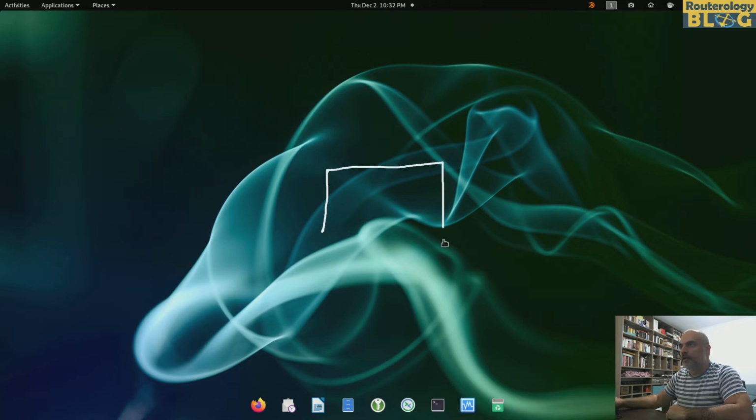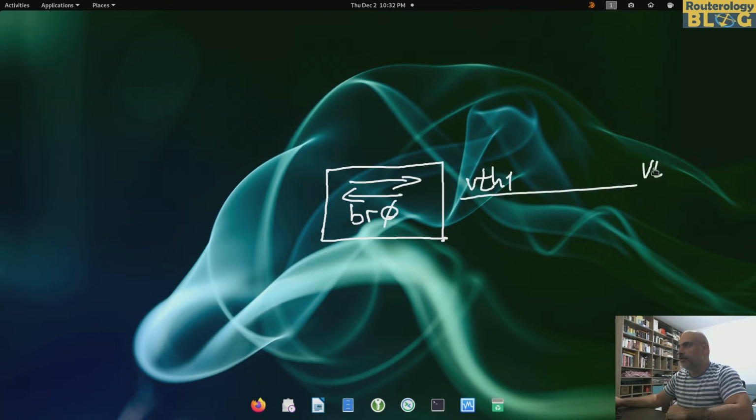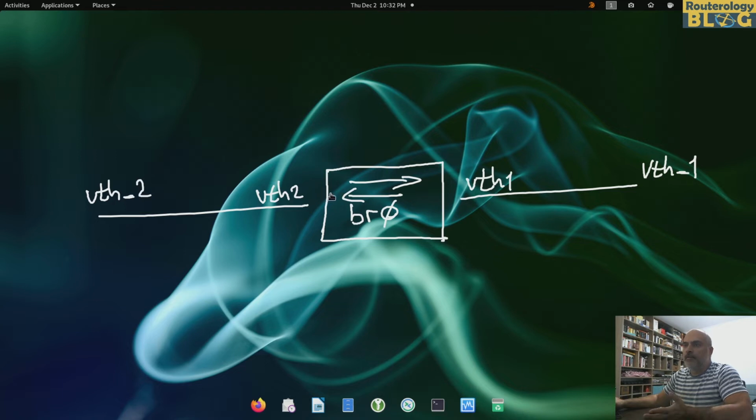So here in the middle I have my multi-port bridge, or a switch, and I have VTH1 interface with a peer VTH_1, and here I have VTH2 also with a peer VTH_2. Until now everything is the same as in the previous setup, but I will add two more virtual Ethernet